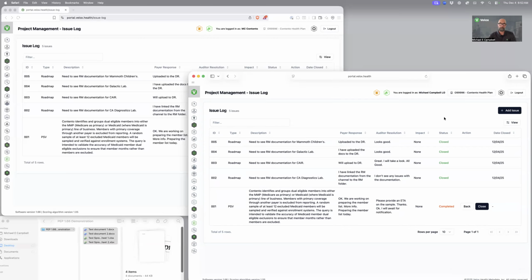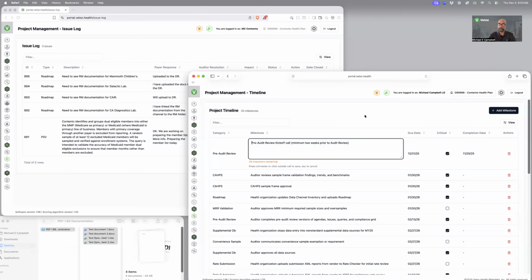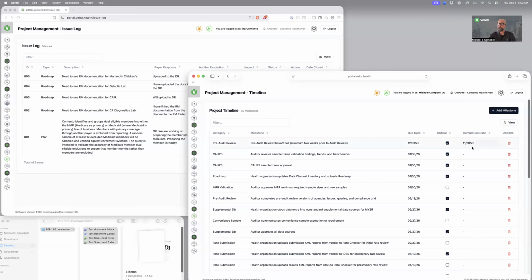Other features are also available for the auditor and the plan and their engagement, including under the same project management feature set, timeline. And you'll see here the auditor has full control over various aspects of the timeline. They can change the due date, they can remove or add the critical flag, they can even change the text within the timeline milestone. Most importantly, they are the ones that determine when a milestone has been met, that the completion date has to be entered, and they can enter that simply by selecting it directly from the screen. We'll select today's date,